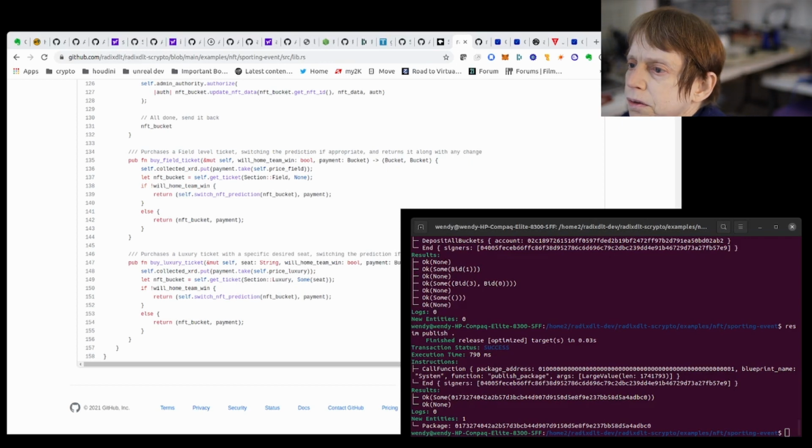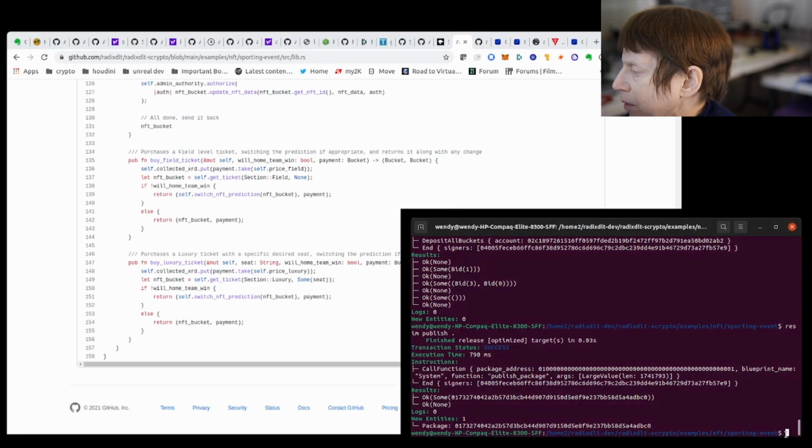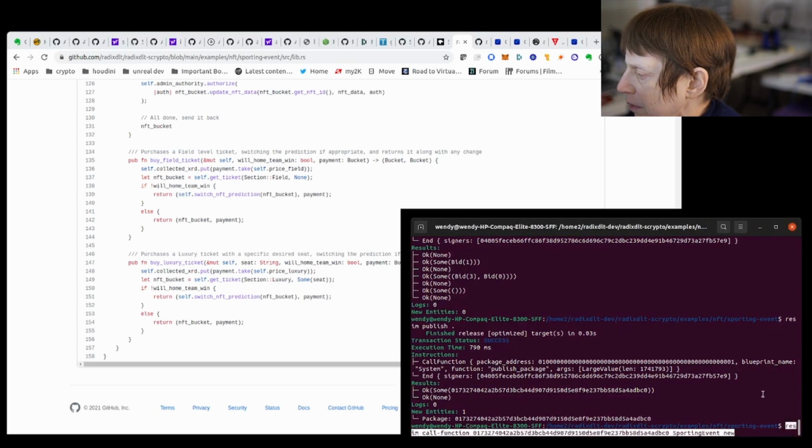So we're going to call a function on that. Now this new does not take any parameters, so we just do this here.